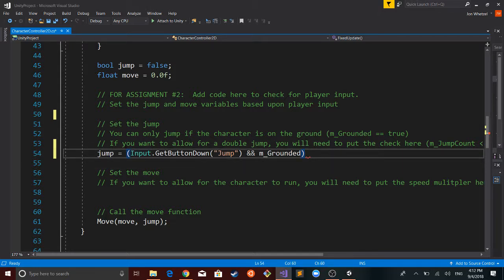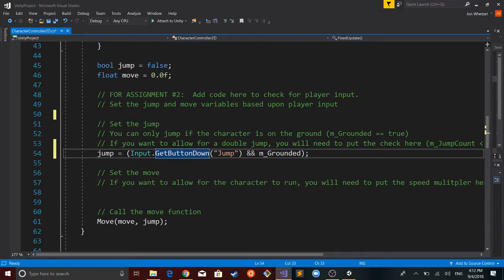So what am I doing here? Right now this is going to return, so jump is a Boolean value, so it's either true or false. So GetButtonDown, if I highlight it, it says it'll return true the moment during the frame when the user pressed down on the button identified by button name. So when they press what we're calling the jump button, either they're pressing space or W,